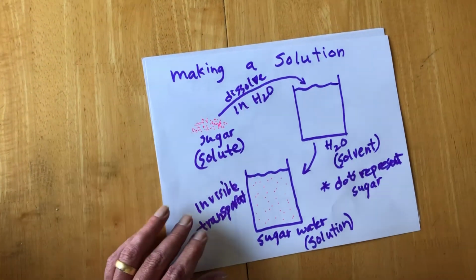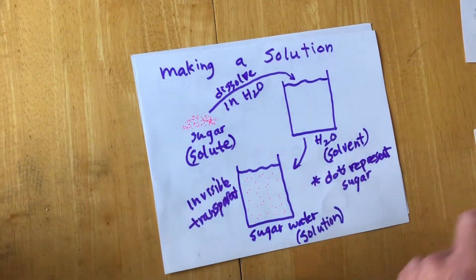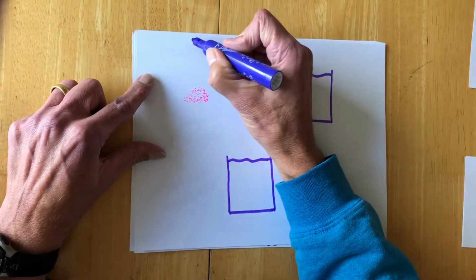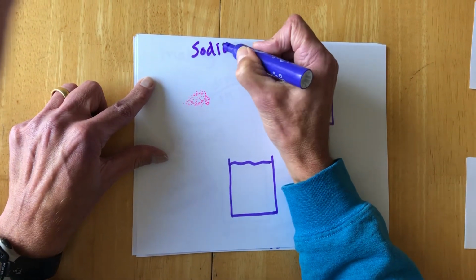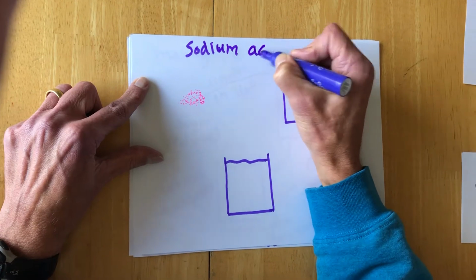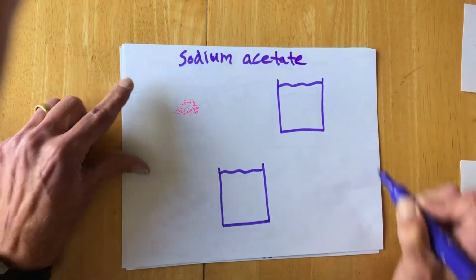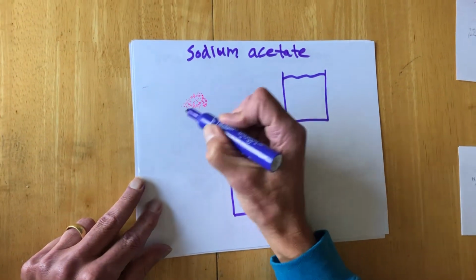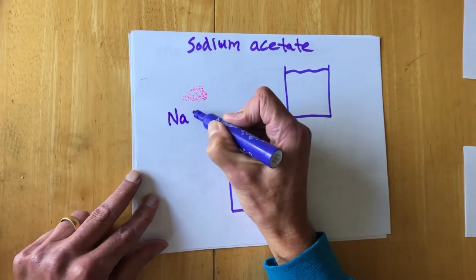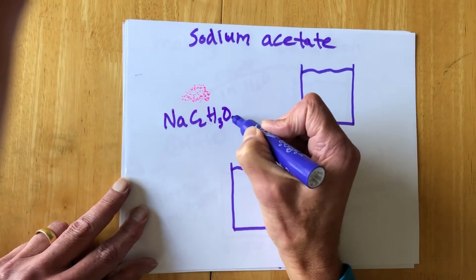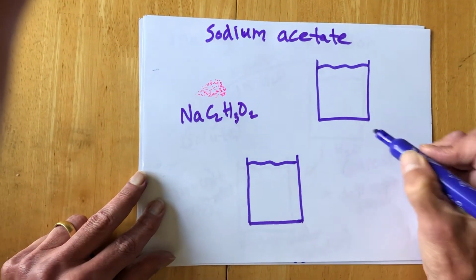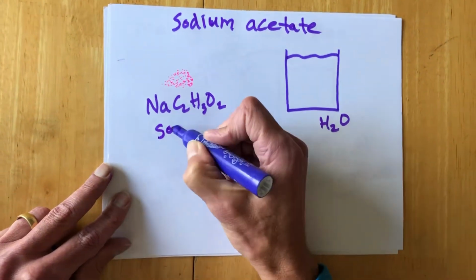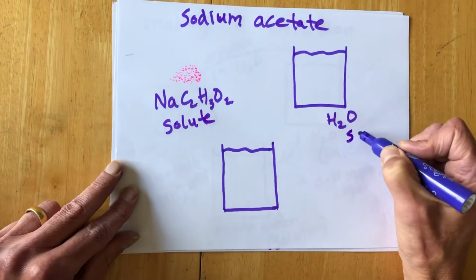In this case, we're going to make a solution of NaC2H3O2. And you might remember that is called sodium acetate. So let's say, just like the sugar example, we have a little pile of sodium acetate, C2H3O2, and we have our beaker of water. And remember, this is the solute, this is the solvent,